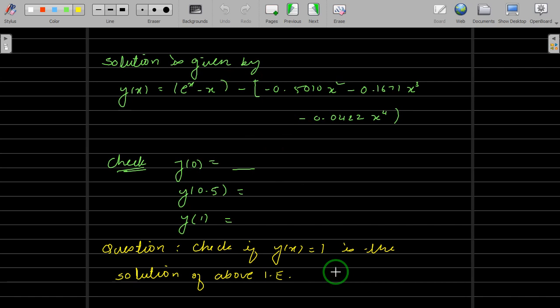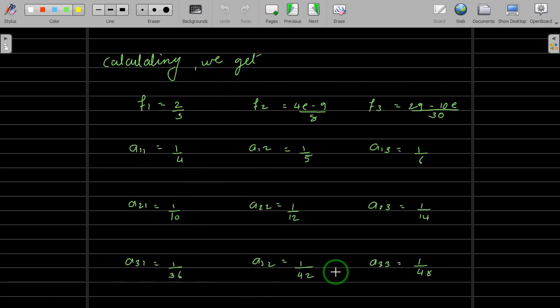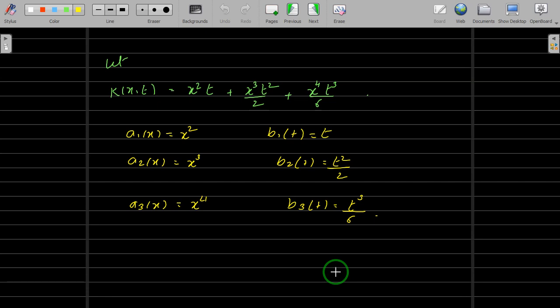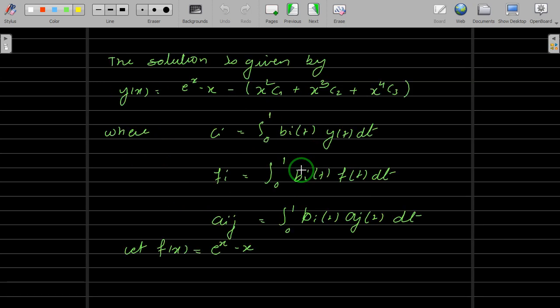Yes, sir. With the choice of B1, B2, B3, we will get a different system. Where is B1? One minute. Okay, this one you are saying. See, this is the addition of three functions. So I can write this last function as the first one. I can write x raised to 4 t cube upon 6 plus x cube t square by 2 plus, and write the first term as the last one here. So accordingly your values of Ais and the values of Bis will change. So if your Ais and Bis change, then definitely your Aijs will change.